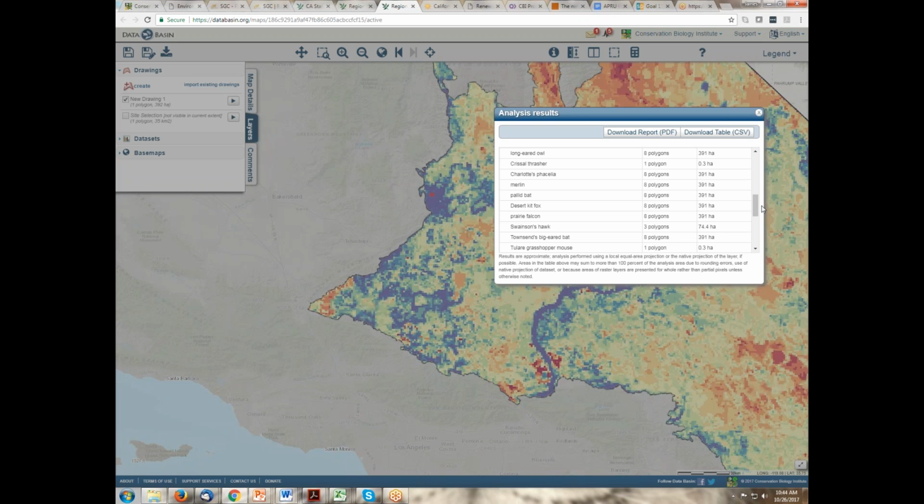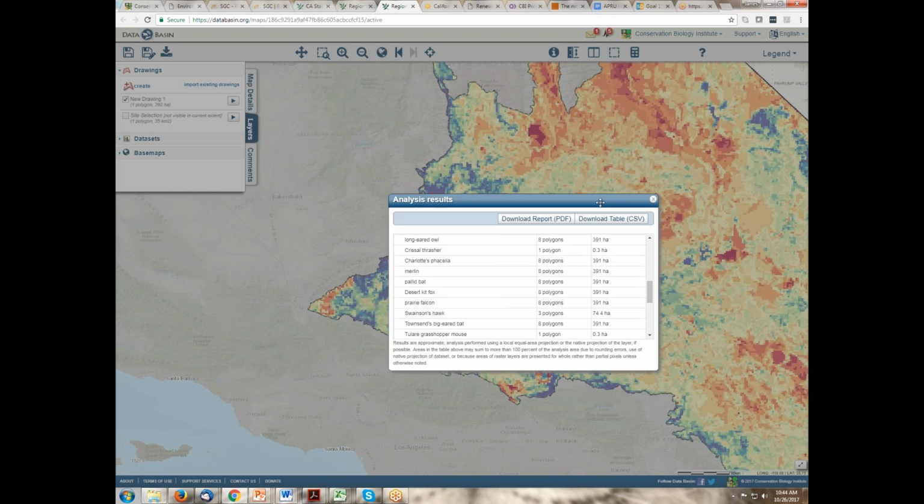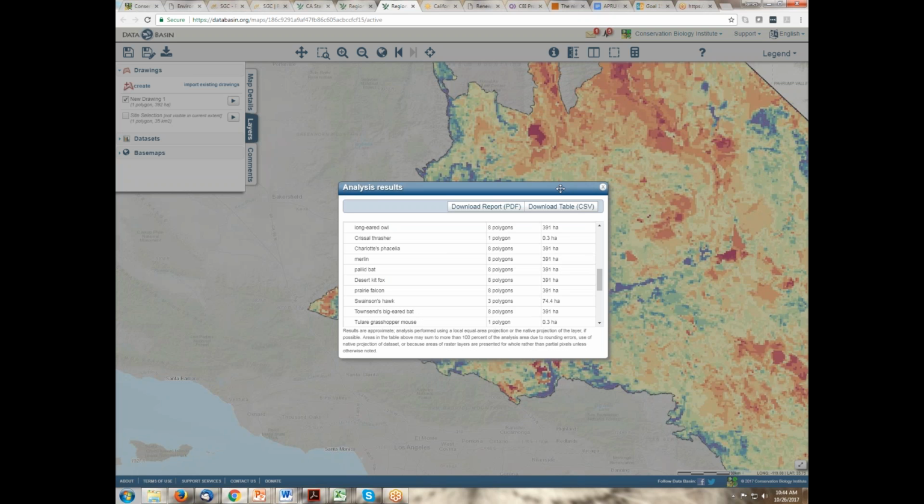Or one can create a polygon, a site of interest, and do an intersection across that whole site of interest and generate an intersection report that will show, like what's on the screen right now, all of those different things that were intersected and the extent to which they were intersected.